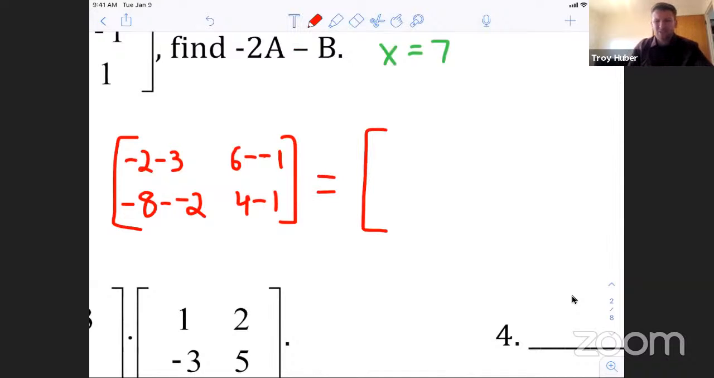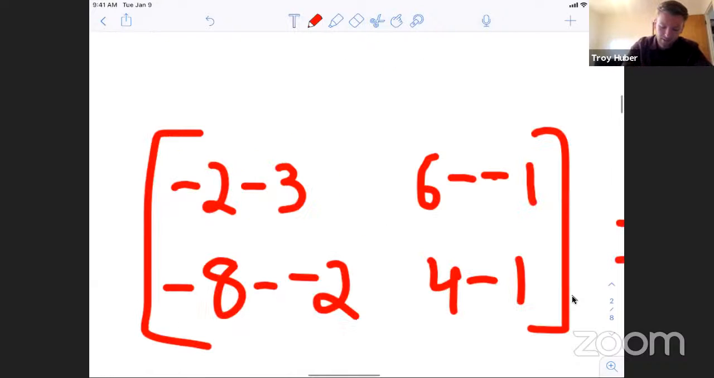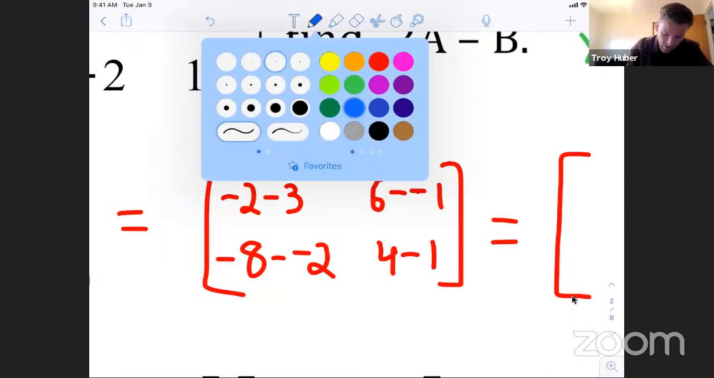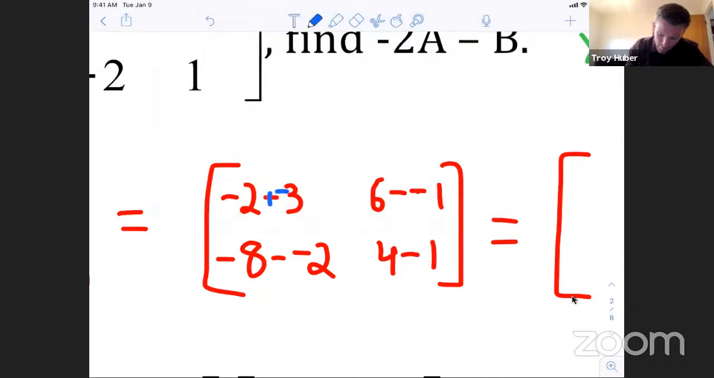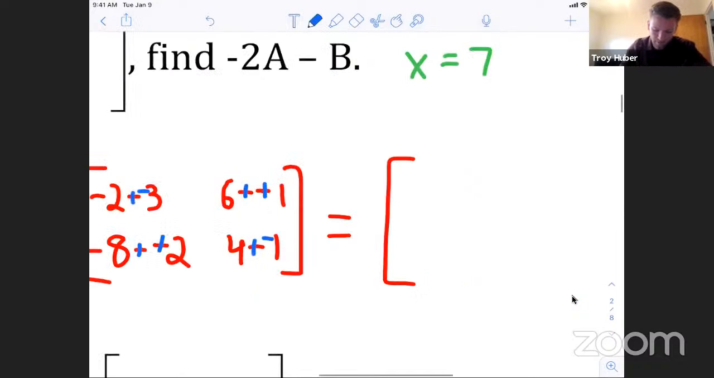Okay, sometimes what I'll do is I'll change these all to be plus the opposite because I don't really like subtraction. So I'm going to change this to be plus the opposite, plus the opposite, plus the opposite, and plus the opposite. So now I have